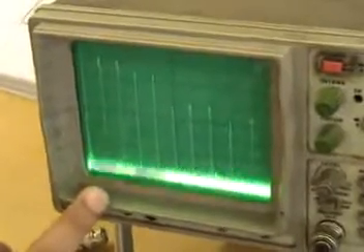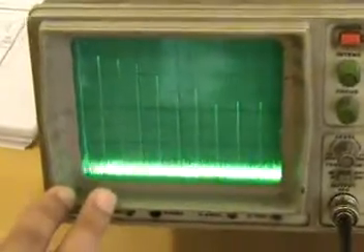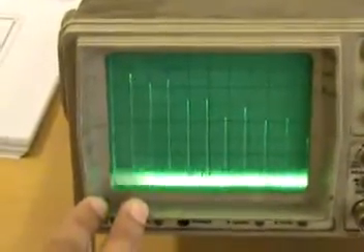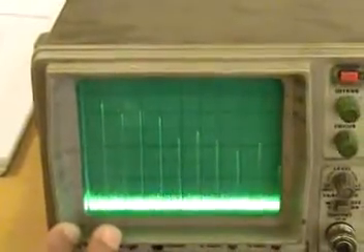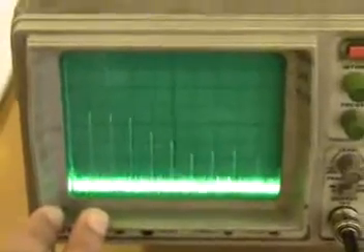Now you see, as we reduce the voltage, what happens? As we reduce the voltage, the level of some of the harmonics increases, some of them reduce, but overall there is a reduction in the harmonics of the oscillator. Now if we reduce the supply voltage much lower, the output of the oscillator dies down altogether.